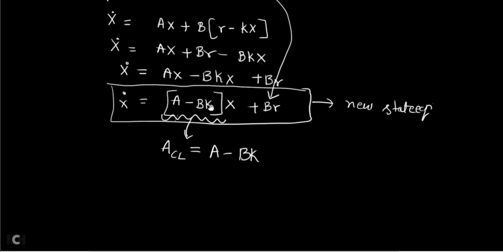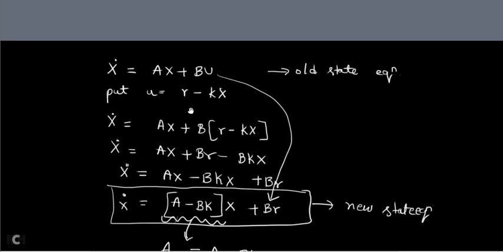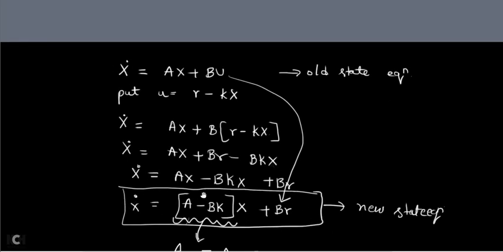So can you change the stability? Can you modify this? Yes, you can modify, because A is constant, B is constant, but K is in your hand. If you change the K, this entire equation changes. If this entire equation changes, then the stability of the control system can be changed. So you can convert any unstable system into a stable system by changing the value of K. Now I have converted an unstable system into a stable or controllable system.